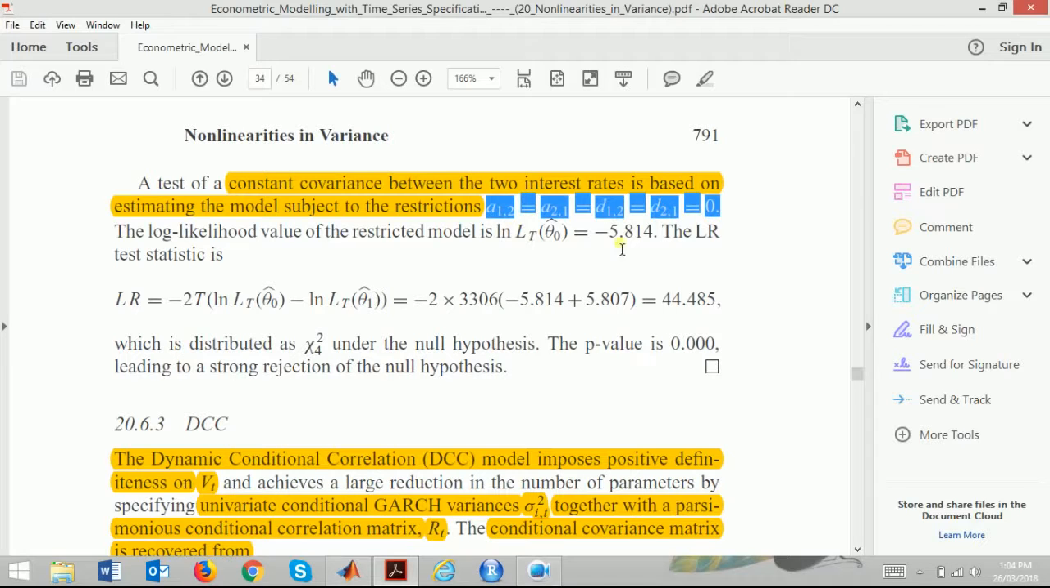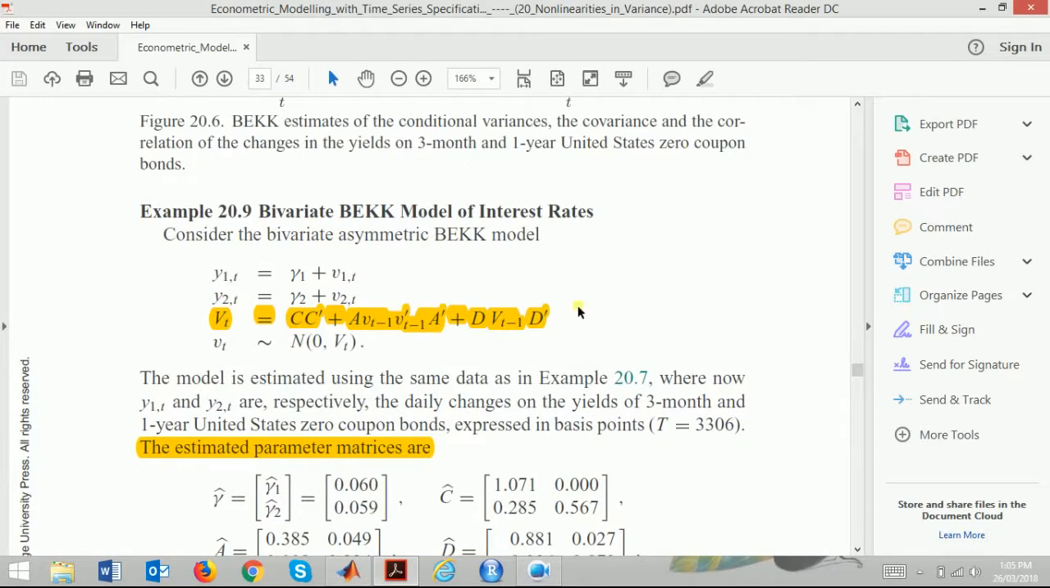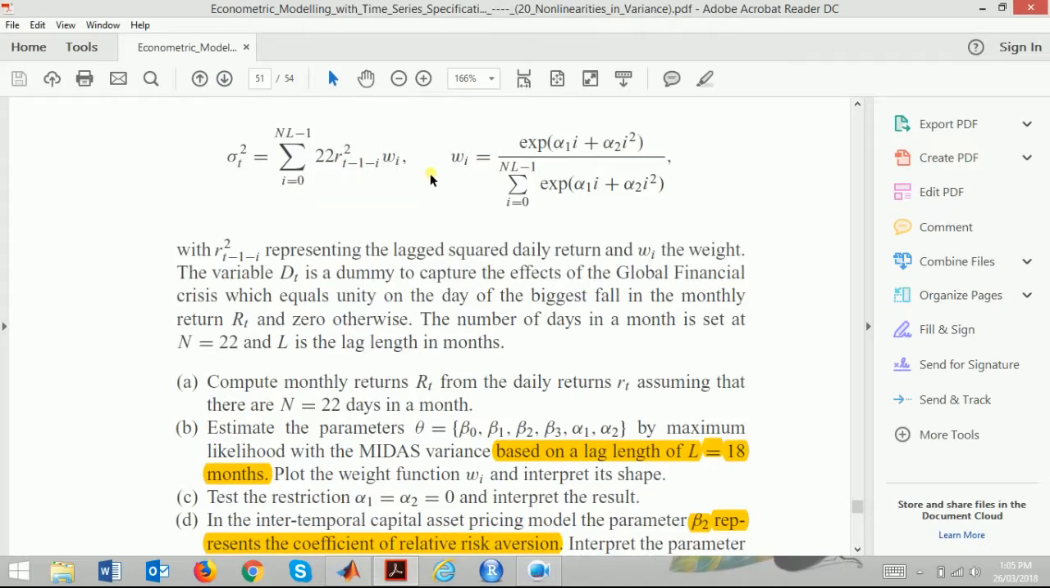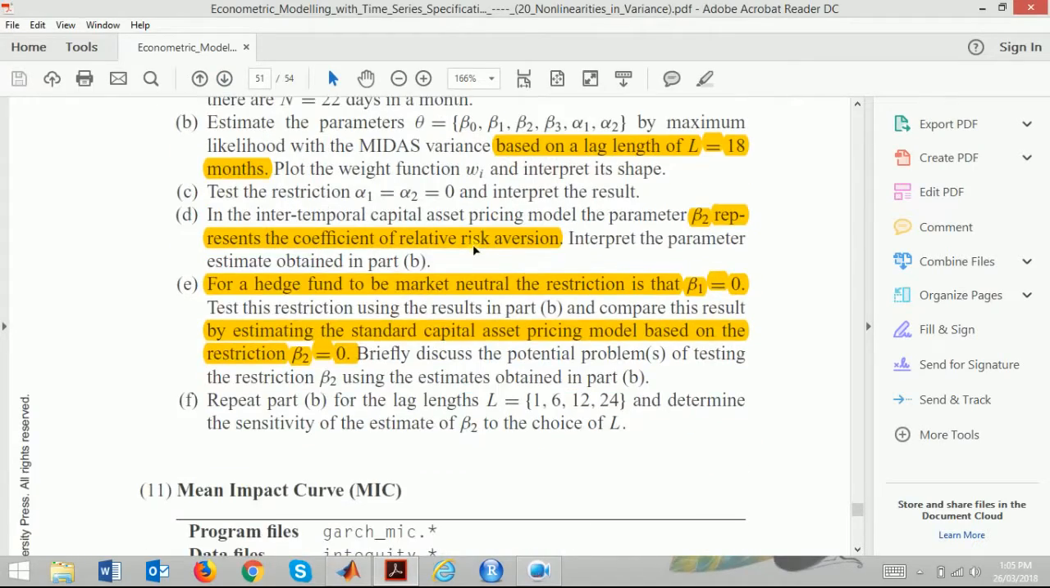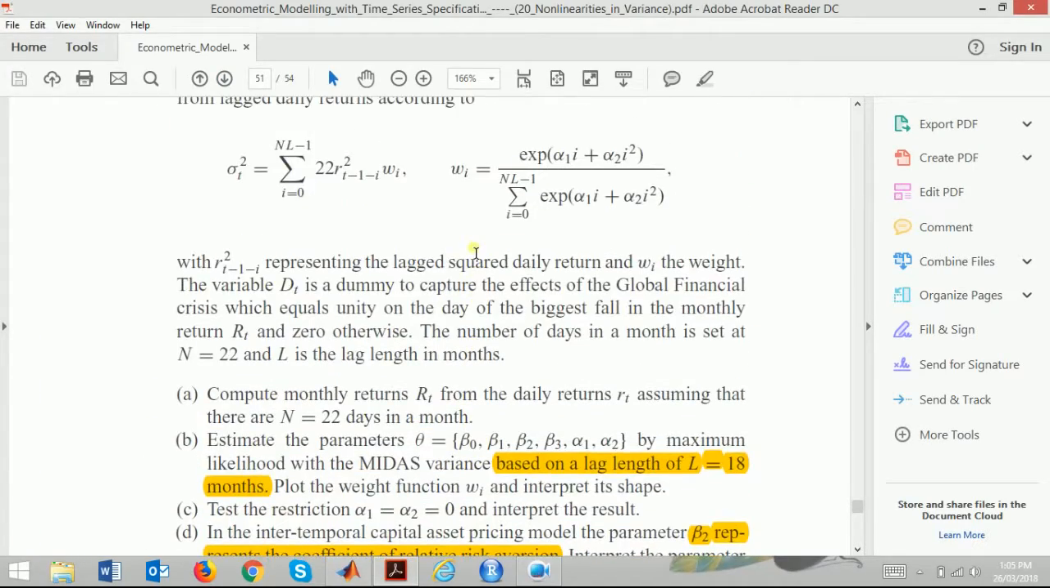So we check if we can reduce the parameters, which means we want to see if covariance is constant or not. They will be constant if the off diagonal elements are 0. So this is a pretty easy problem, and this is on page 33. Let's go to page 51, and I think this is where